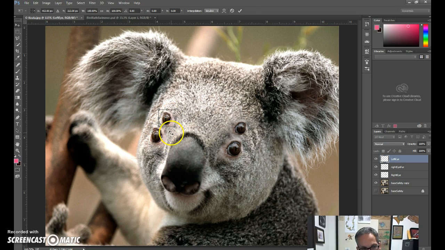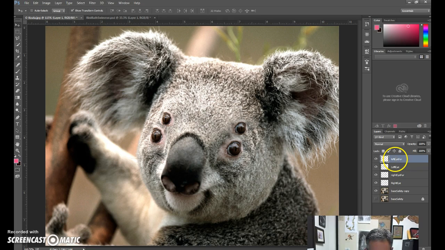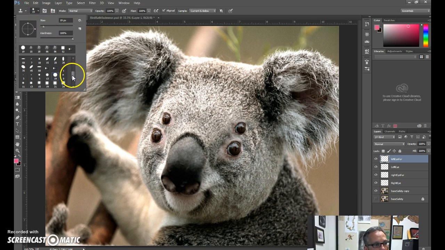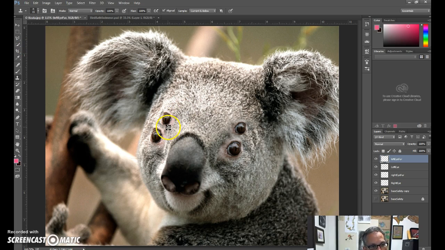Now I'm going to hit Enter, and I'm going to make a new layer called Left Eye Fur. And I'm going to go back, got my clone brush, and I'm going to use a stippled type of brush. I'm going to hide that eye. Oh, I can't hide this one. So I'm going to actually be painting under here. So I'm going to hit Alt, and I'm going to select this region. And I want to paint